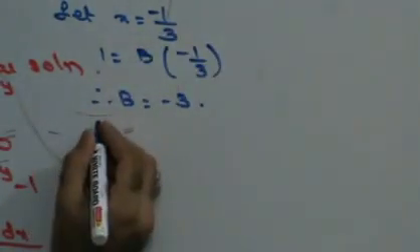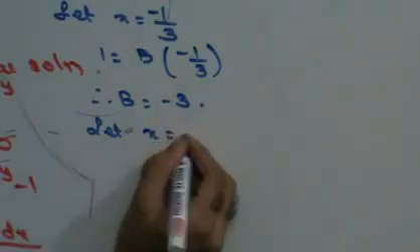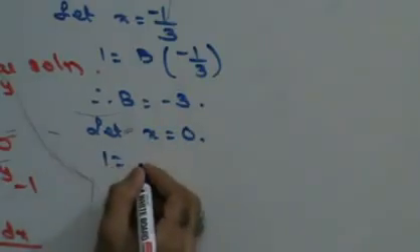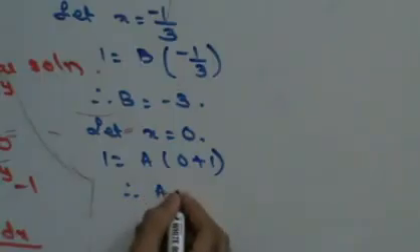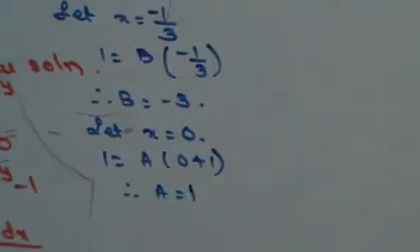Similarly, I want to make the second term 0. So you will say let x be equal to 0. In that case I will get 1 is equal to a into (0 plus 1). Therefore a is equal to 1. So in that case, if I split that, the integral can be written as a upon x,